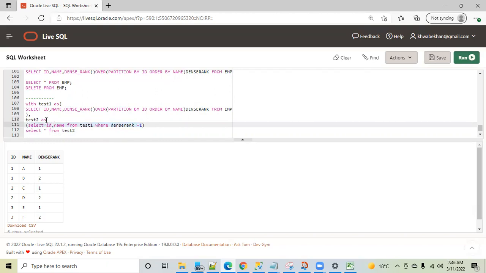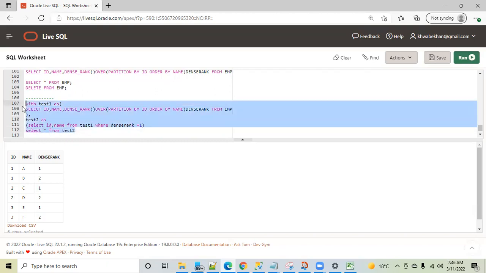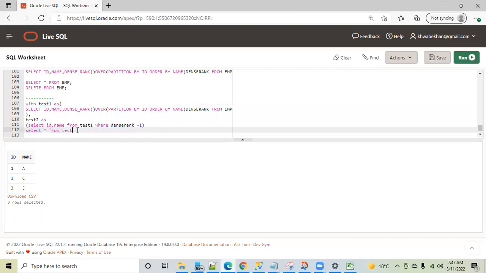See how I'm breaking the problem into different chunks. That is the benefit of CTE expression. Now I'm just showing you what you have in test2. Select star from test2, I have written. So now it will show you that in test2 you have all the dense rank equal to 1, right? You can see all the dense rank 1 values are coming here. Okay, so now you can directly write delete from